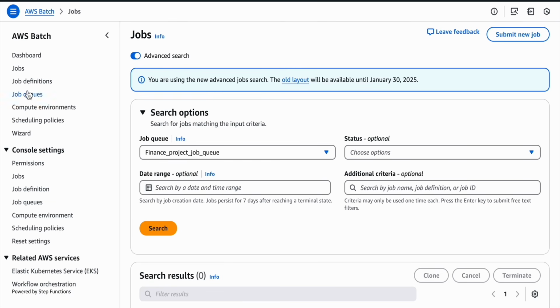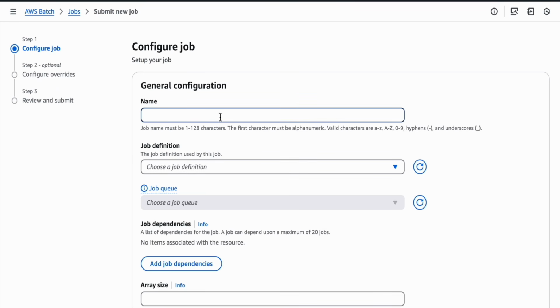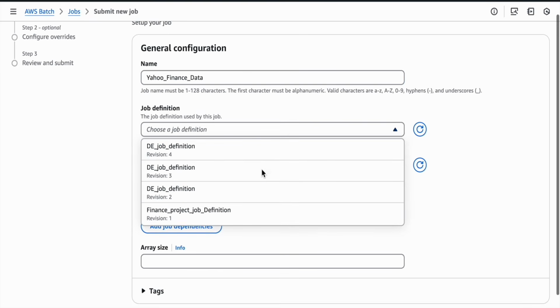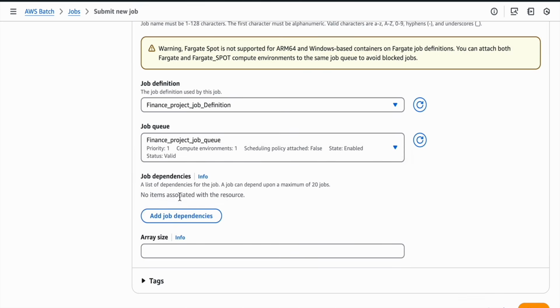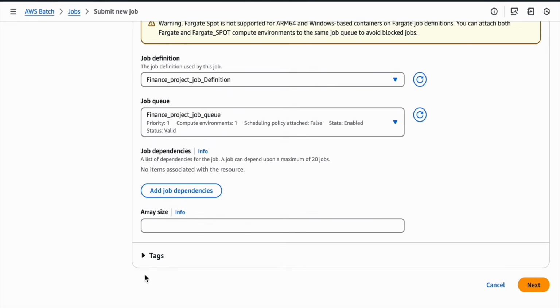In the previous video, we created a job definition, we created a compute environment, then we created a job queue. Let us submit a new job. Let's give the job name as finance Yahoo Finance details, Yahoo Finance data. Job definition, finance project job definition, job queue is the finance project job queue we created,